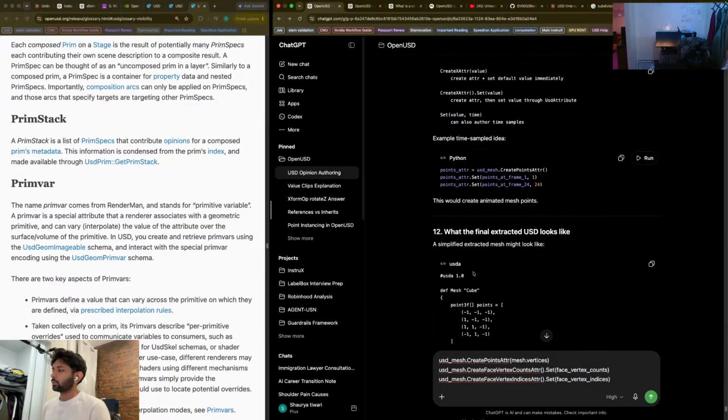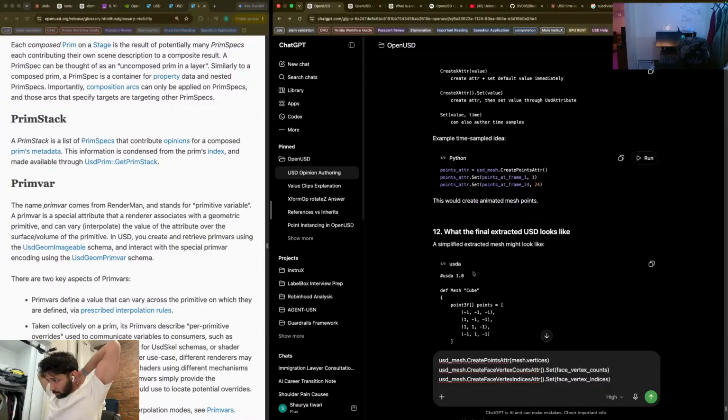What the final extracted USD looks like. A simplified extracted mesh might look like